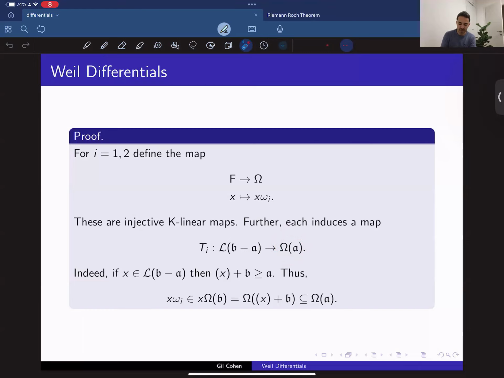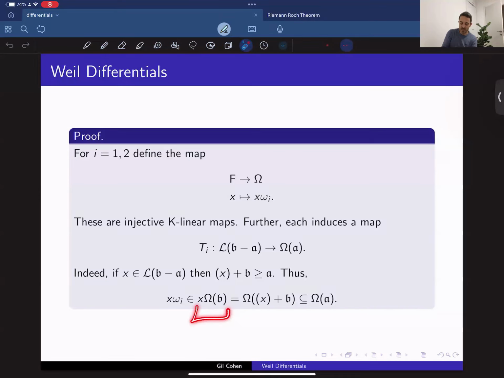And to see this, just note that if x is in this restricted domain, then this means that the principal divisor of x plus B minus A is non-negative, or the principal divisor of x plus B is at least the divisor A. And so this means that x times omega i for each of these two i's, well, omega i sits in omega of B, if you remember, that's how we chose B, as the common divisor that contains both omegas. So the output of the map sits in this